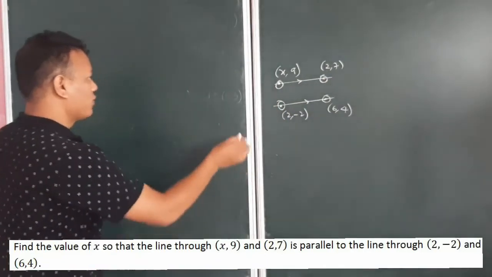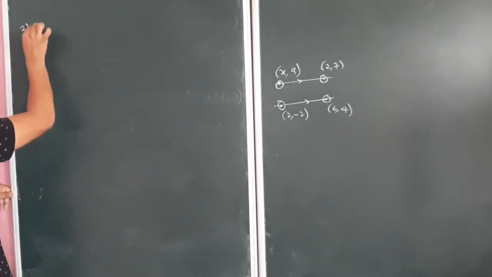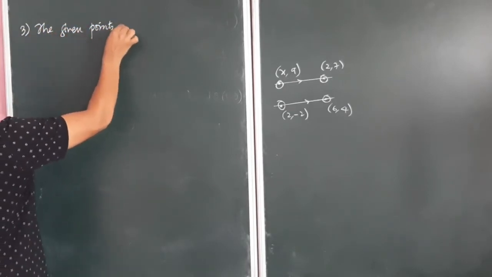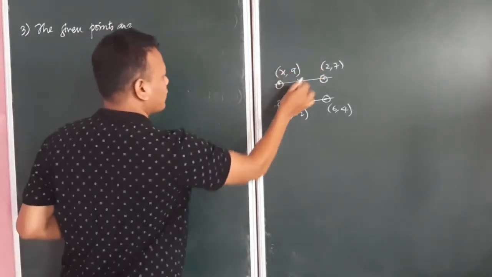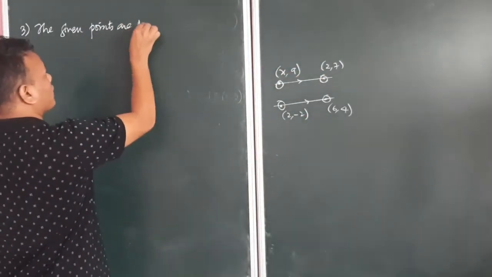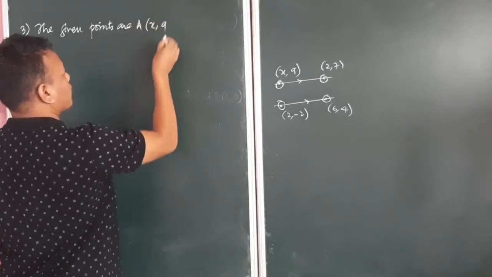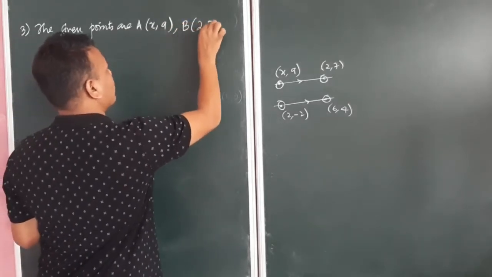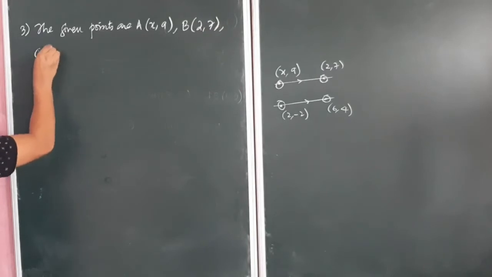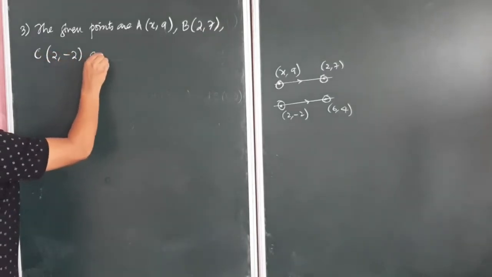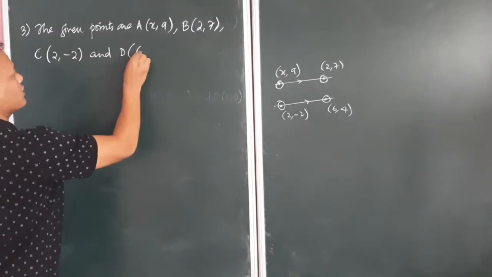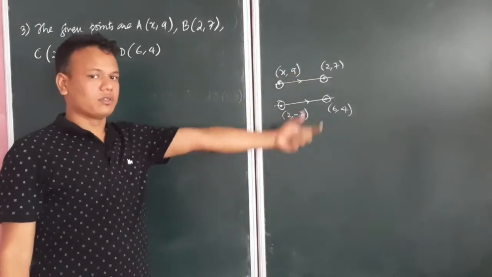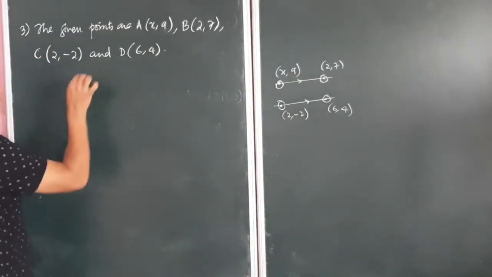So, this is question number 3, the given points are, let me write, A, B, C and D. A is (x, 9), B is (2, 7), C is (2, -2) and D is (6, 4). You can make this diagram on the side of your page as well. So according to the question,